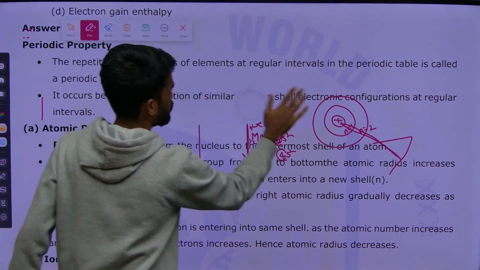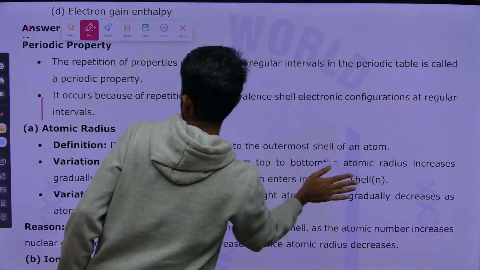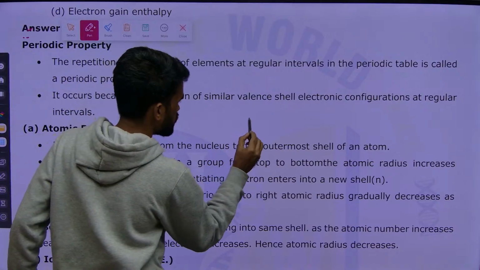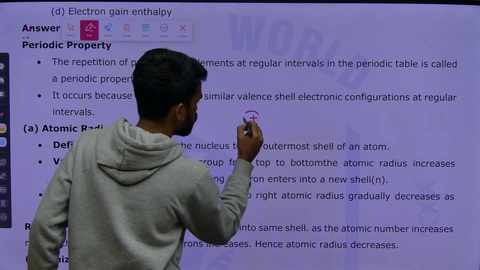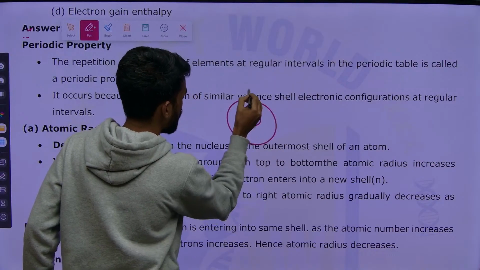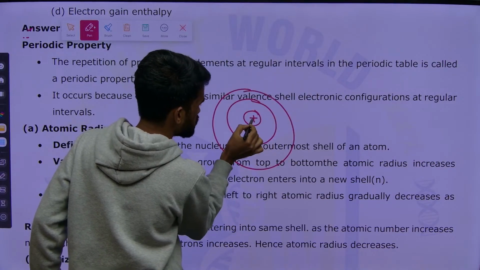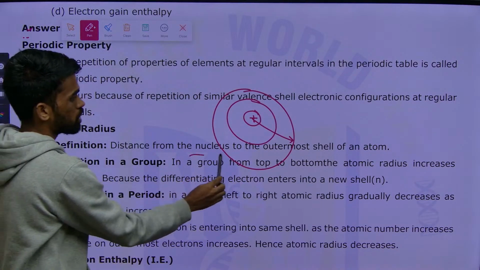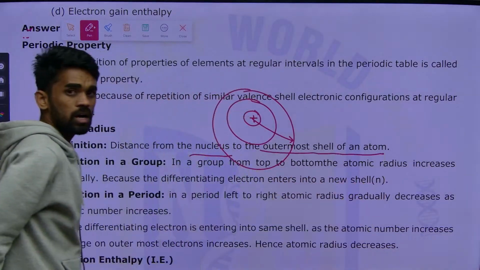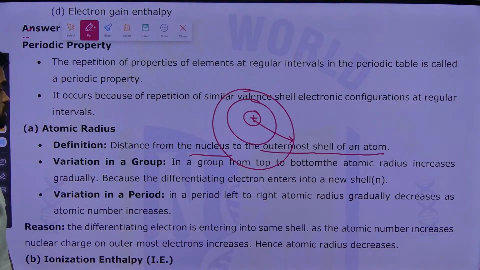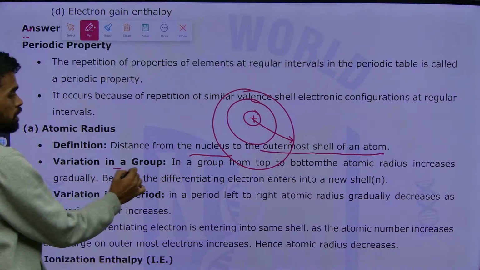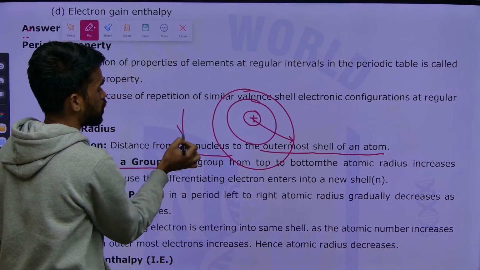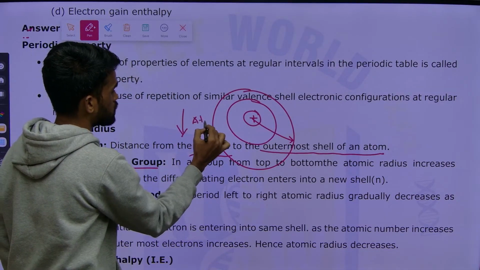Okay, so try to remember this property. Now what I am saying, atomic radius, how do you define it? It is simple: it is the distance between the nucleus and the outermost shell valency electron of an atom. So the distance from the nucleus to the outermost shell of an atom is called atomic radius. How does it vary in a group? In a group from top to bottom, the atomic radius increases. Why is it increasing from top to bottom? If we move down, atomic radius increases,